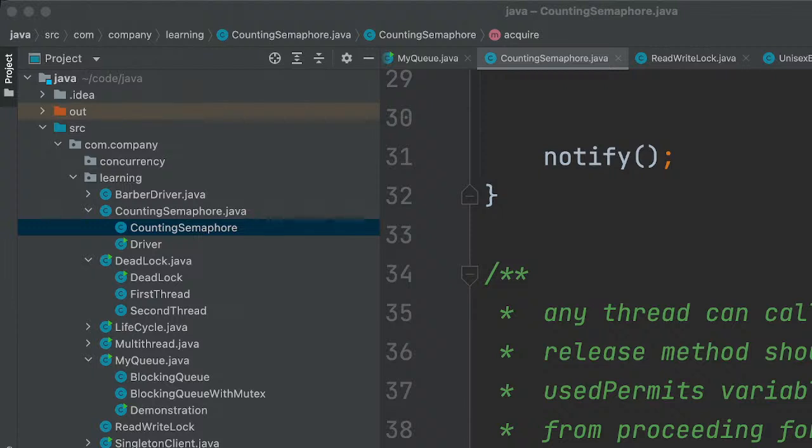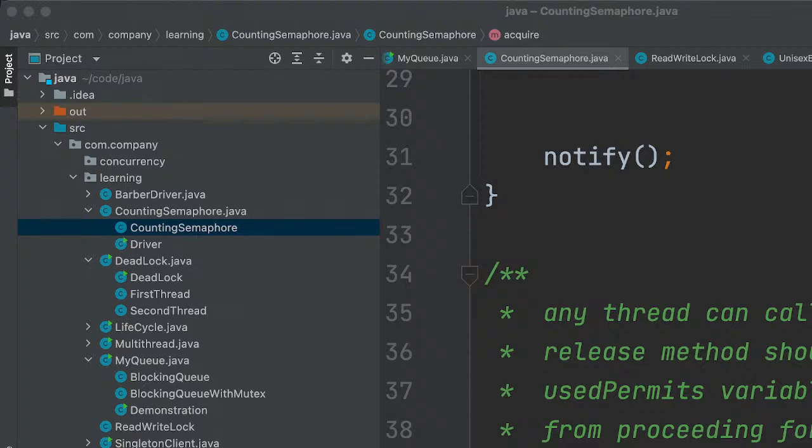Passing 0 to the semaphore constructor, what will happen? The argument of semaphore is the number of permits that are available.